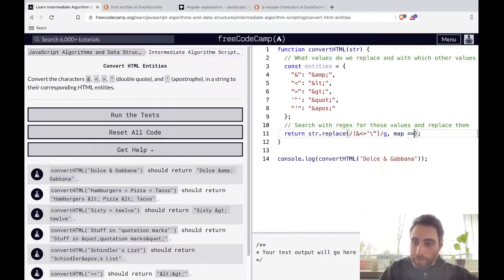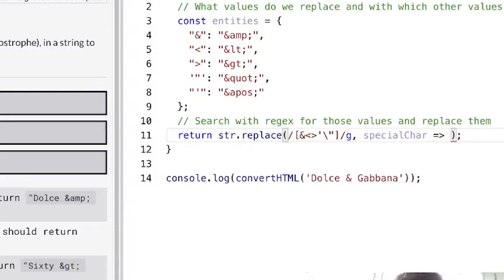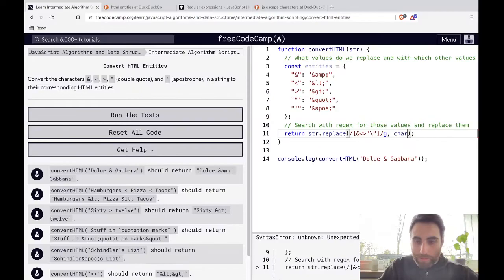Replace can take a callback function and special character. We do an ES6 function which is gonna return implicitly. That's why we are not gonna do curly braces or a return statement, because that's not necessary when it's a one-liner. And I'm gonna make it a bit shorter because this is just an alias, it can be anything.